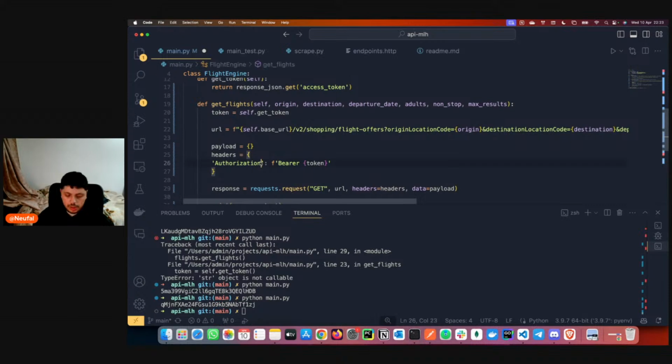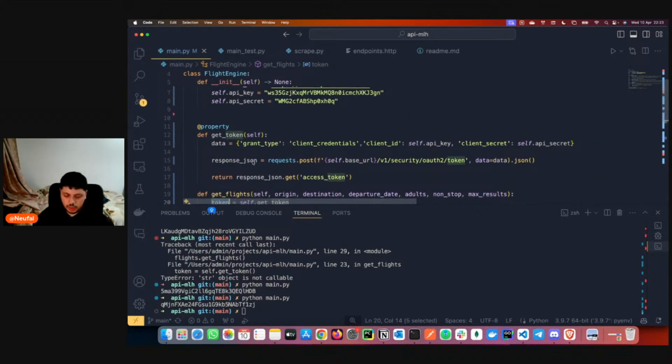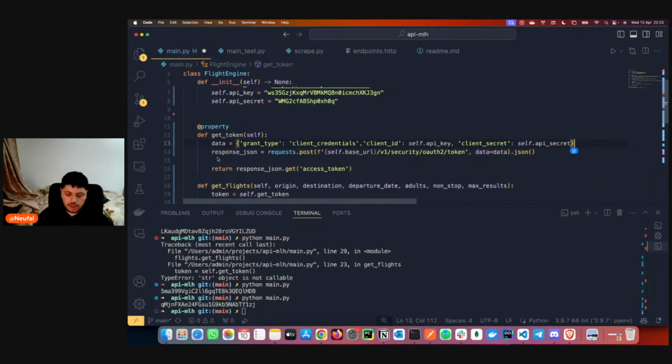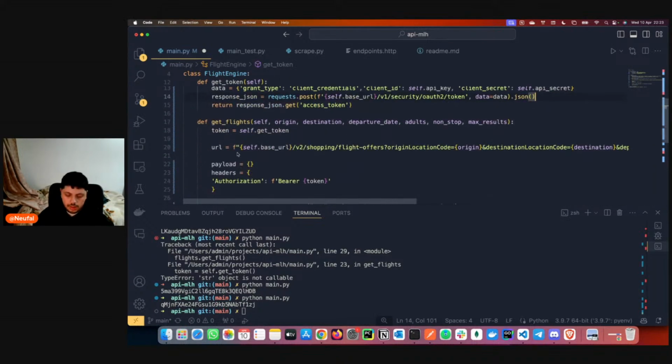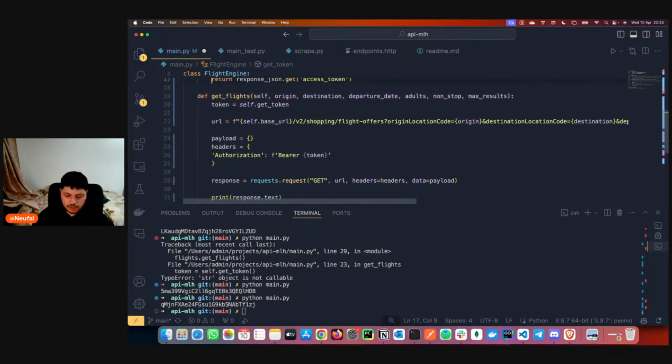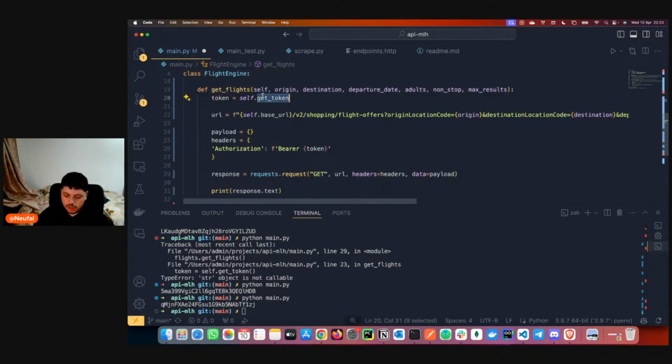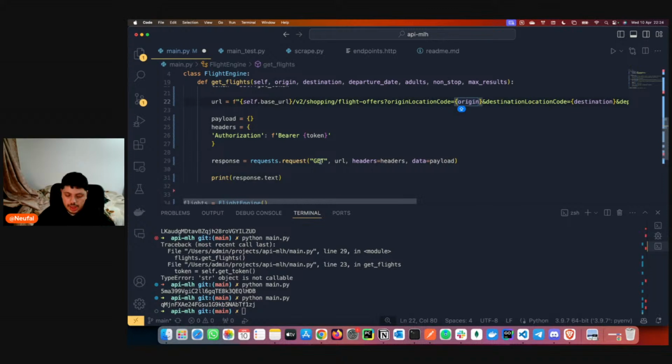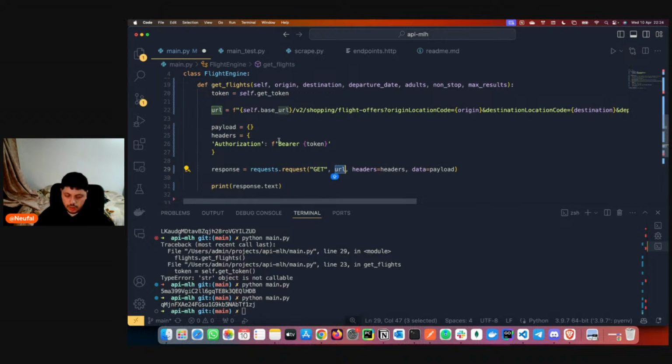So for the bearer token again, we will be using the token that we got from this request right here. Let me separate this. So we have the token to make the request. We made the request with the parameters that we send to the get flights function, and then we make the GET request with the URL that we set.